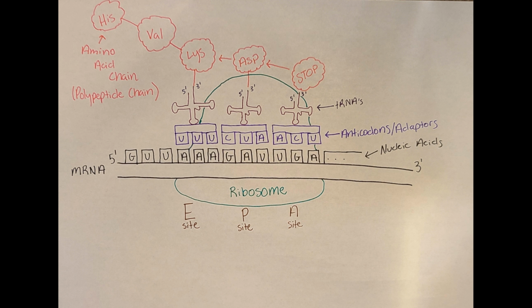From transcription, we obtain a strand of mRNA, or messenger RNA, which pairs to the template strand of DNA, with the exception of thymine being replaced by uracil, as RNA does not contain thymine. After we obtain our mRNA strand, the strand is taken out of the nucleus into the cytoplasm to go through